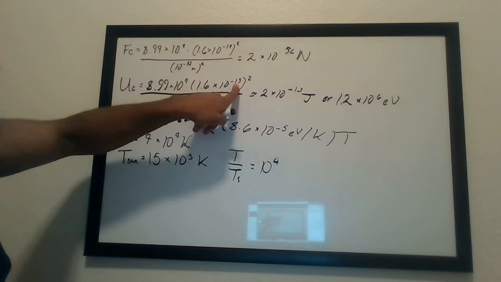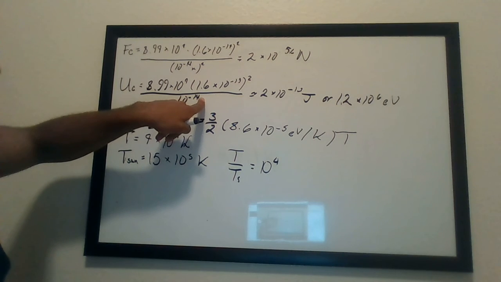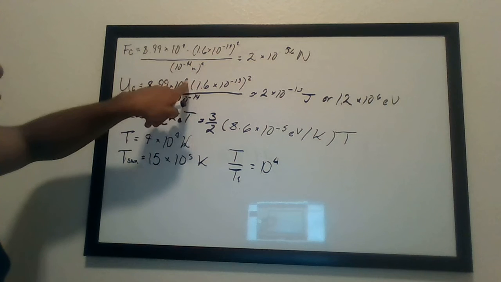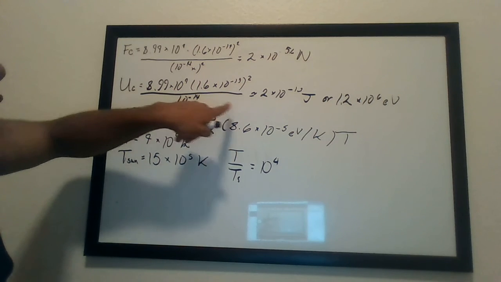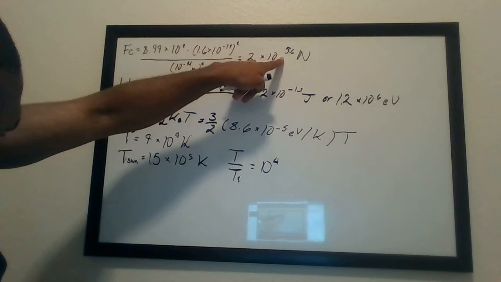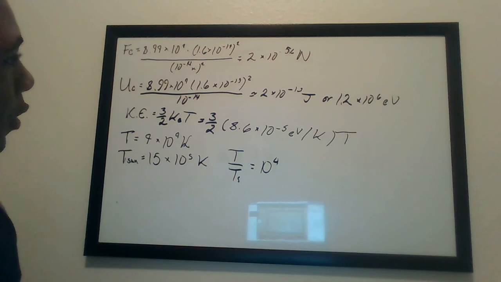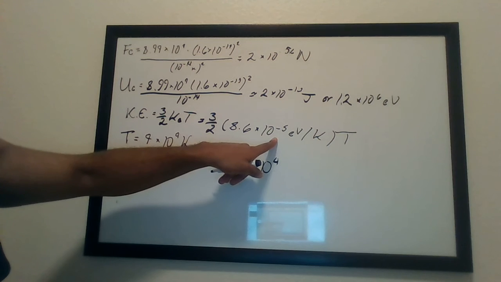10 to the 38, and then 10 to the 14. So 10 to the 38, that's minus 28 plus 14. So this is looking right. This was looking wrong, but this is looking very right. And so let's say that this is 10 to the minus 6, minus 13, and